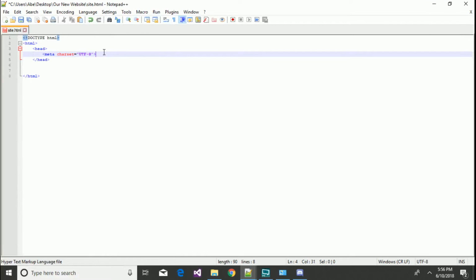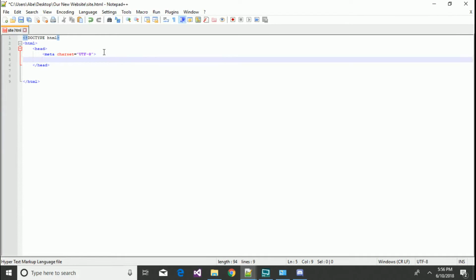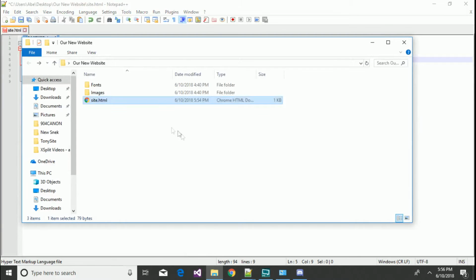Always close your tags as soon as you open them. Don't have stray tags. That makes sense. Yeah. So we're gonna actually do something different with the website because if we open up this file site.html, I